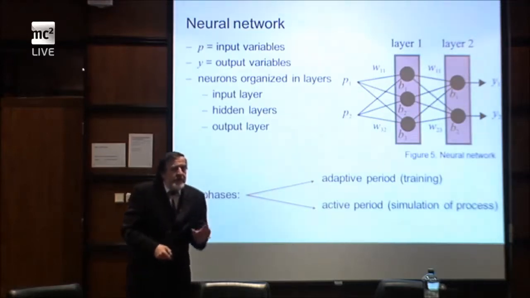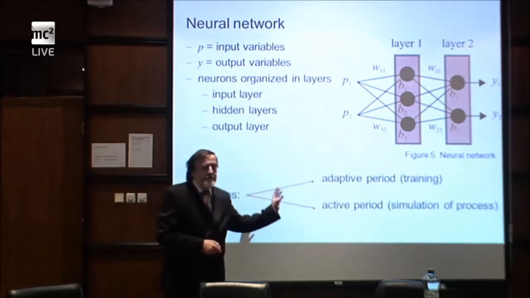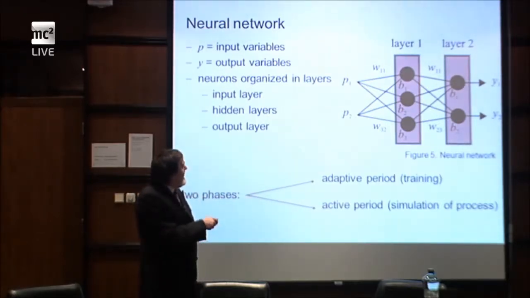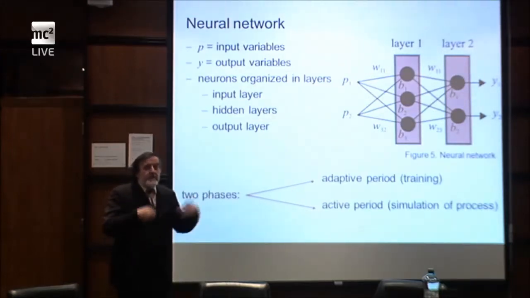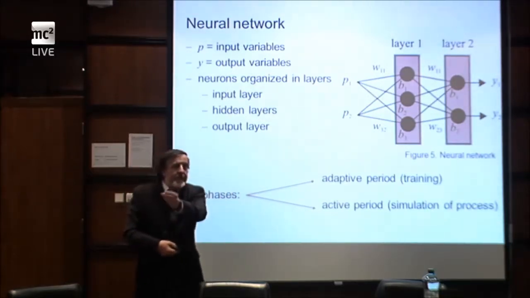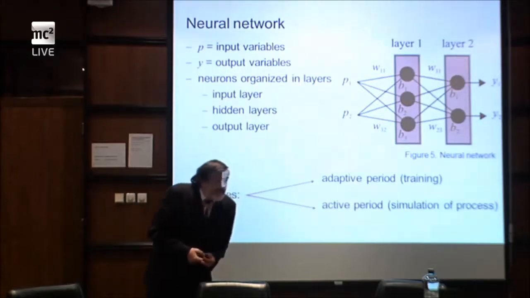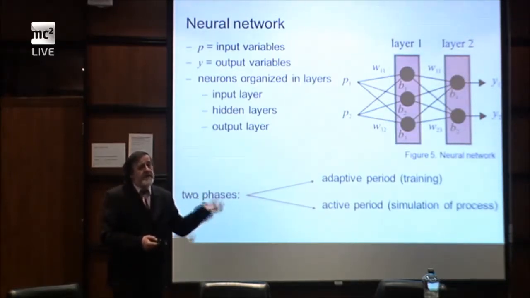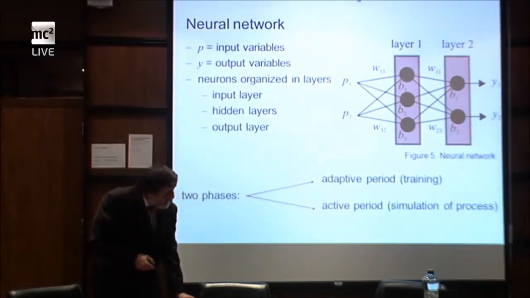So the beauty of a neural network is that it's an approximation of some process, and it works from P to Y and from Y to P, from input variable to output and vice versa. Normal multi-regression analysis, for example, goes in just one direction. And this is the reason why we efficiently use artificial neural networks for inverse analysis, because they go in both directions.